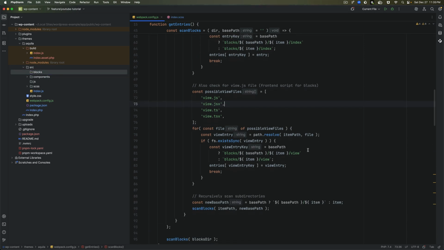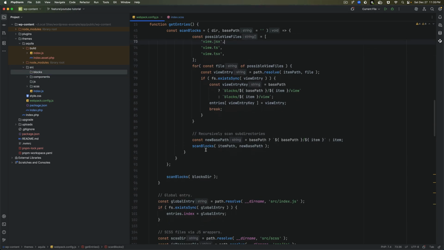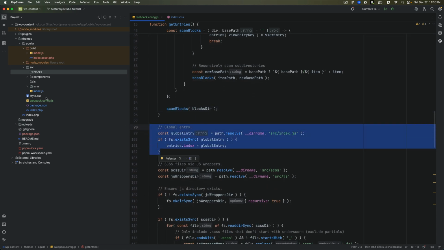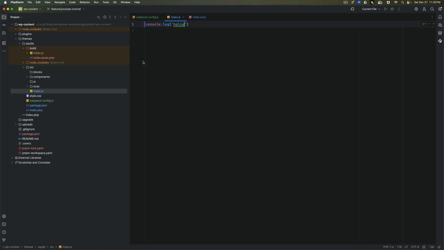Okay, then for the view, and then basically scans all the block paths and then builds it for you. Then it's going to do some global entries. So inside of the source you have the index.js, so it's going to pick up stuff from there